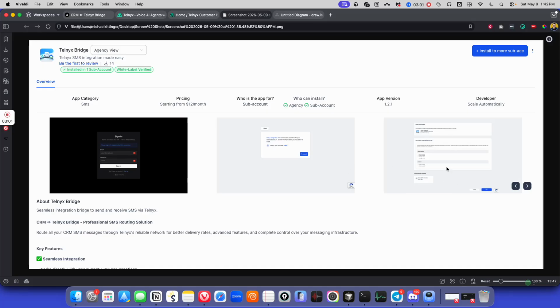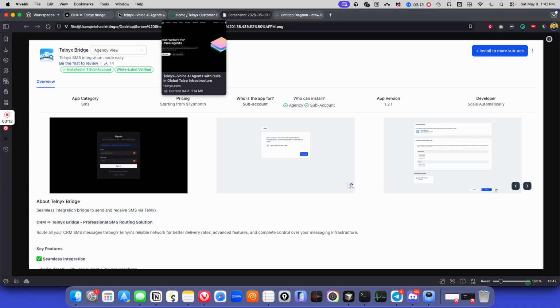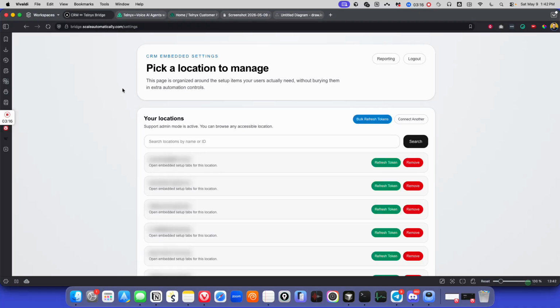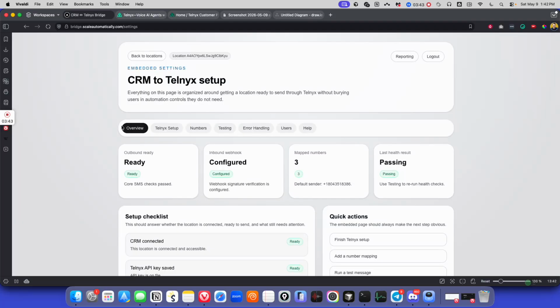You can see here, I should probably update the images because those are not recent. I've made a lot of enhancements based on user feedback. So you'll first log into it, and when you purchase it through the CRM, you connect it to a location. You'll get logged in here and see your locations, if you have one or multiple. Pretty straightforward. You can go to reporting if you want to look at reports. But if you click into any of the locations here,